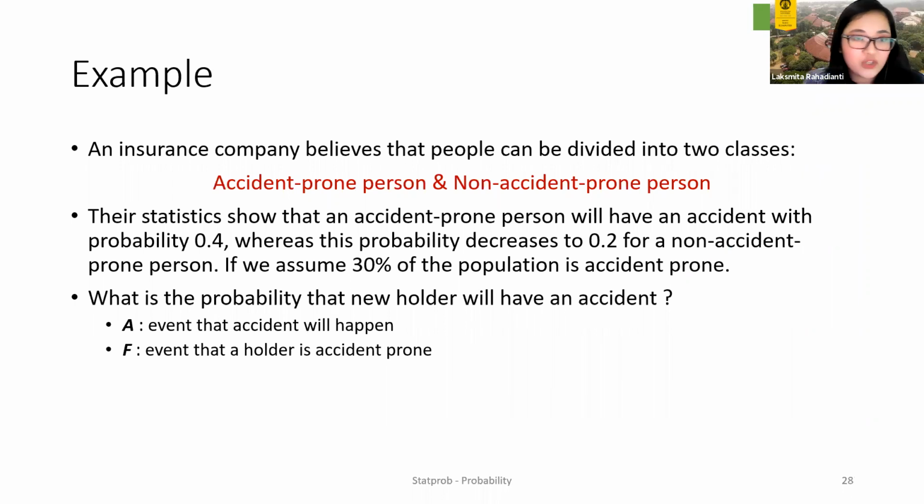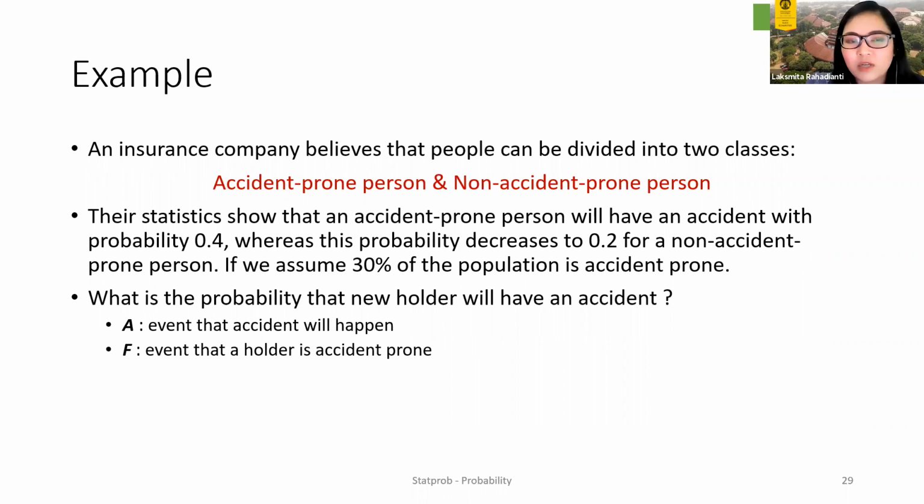So I have an insurance company. I know that there are two types of people, those that are accident prone and those that are non-accident prone. Their statistics show that an accident prone person will have an accident with probability 0.4. So we're going to try to define this statement together. Their statistics show that an accident prone person, let's write it,